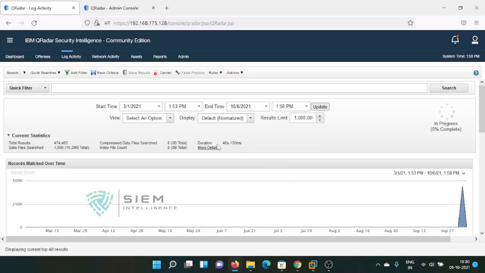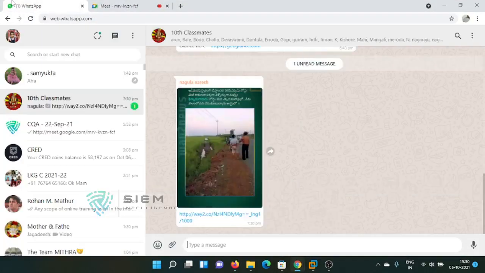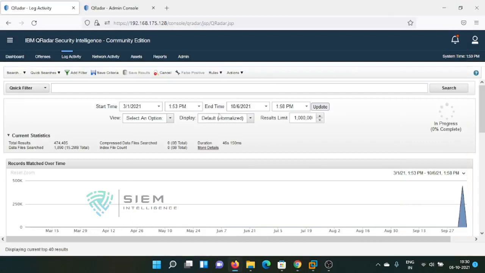See, it has taken 46 seconds and someone wants to give some message. Okay, so it has taken so much time, but it is at 0% only. It may take so much time and you don't have that much patience right away. So you want to cancel this, and you found that this particular search is hung now, or you want to change some test result. So just cancel this by clicking here.